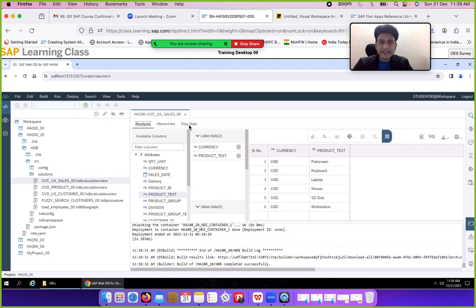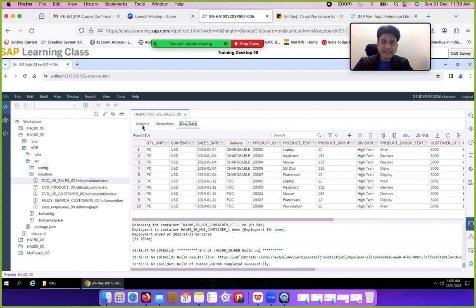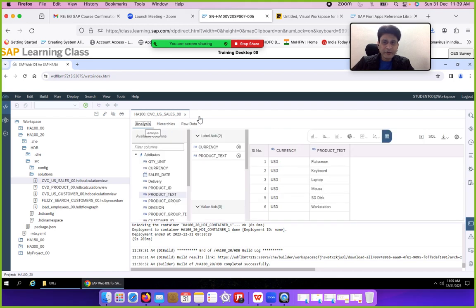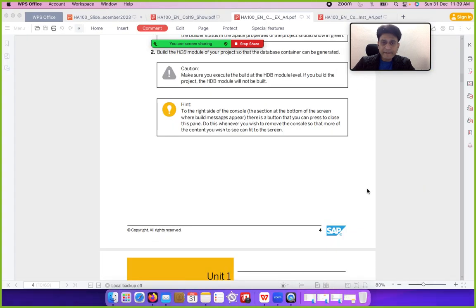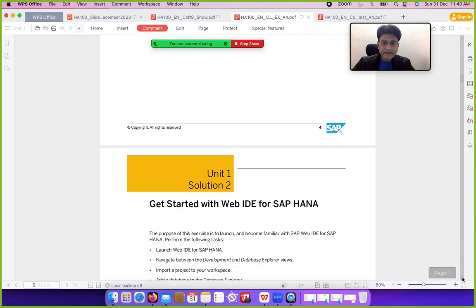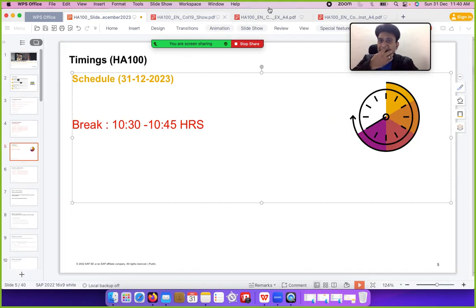Raw data will be there. So after building you will have the data. Without building there will be no data. So you have to build the project. After building the project, yeah, these two activities you have to do. Now you can do it by yourself and let me know if anybody has